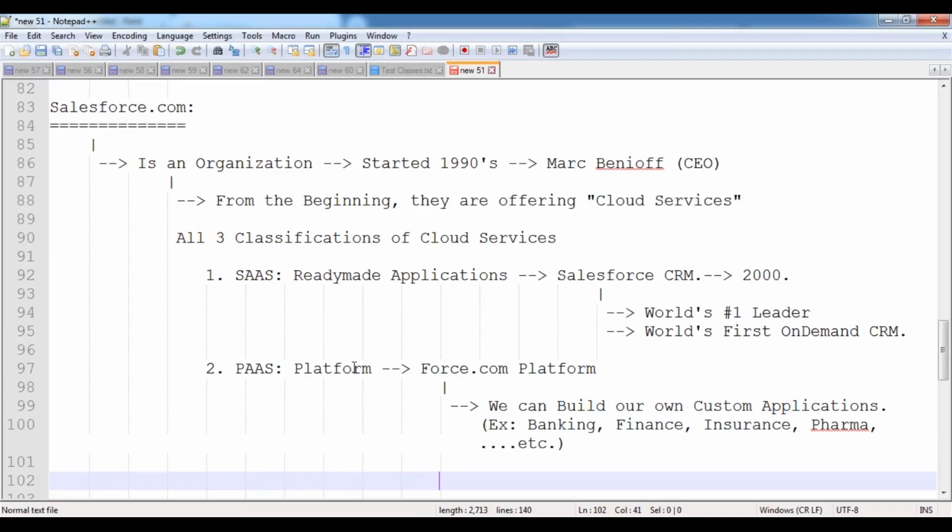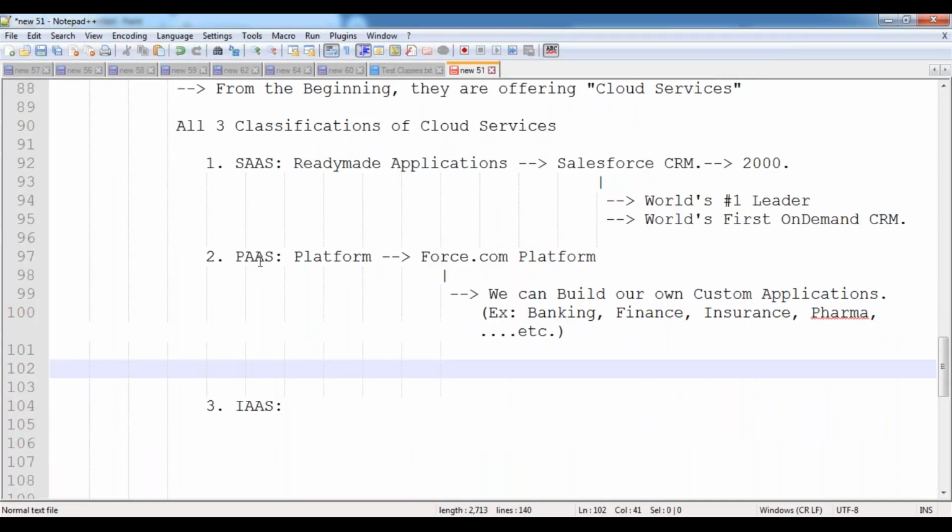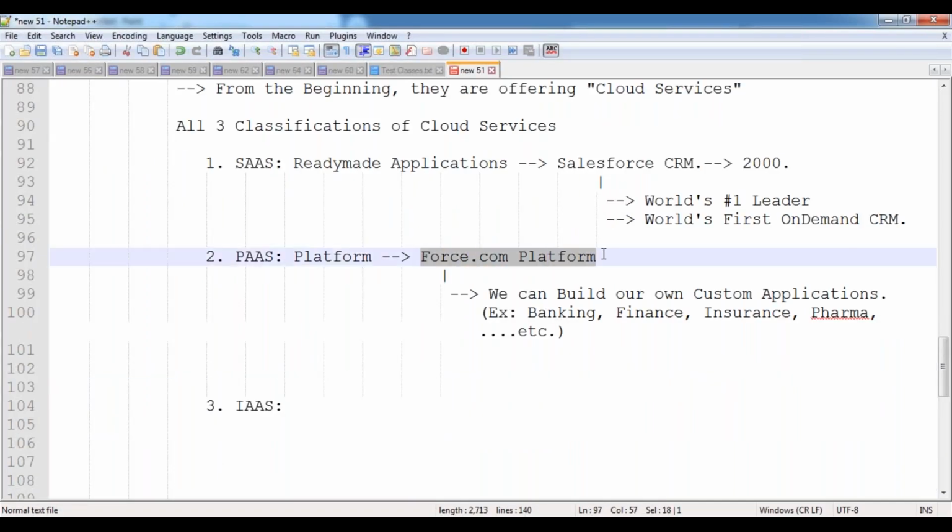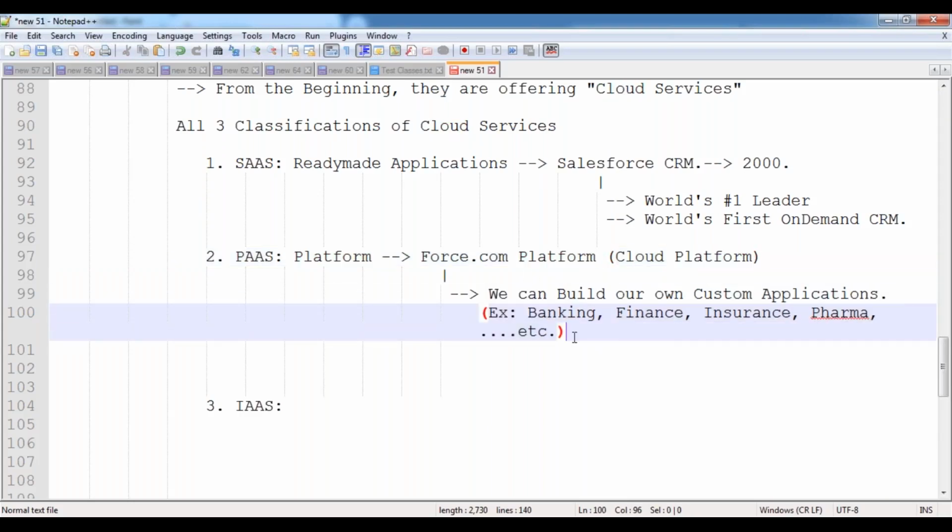So by using this platform as a service, Salesforce is providing a ready-made cloud platform, given by Salesforce, which can be accessed over the internet and is used to build our own custom applications such as banking applications, finance applications, insurance, pharmaceutical, manufacturing, consulting, construction. Any kind of application we can develop.